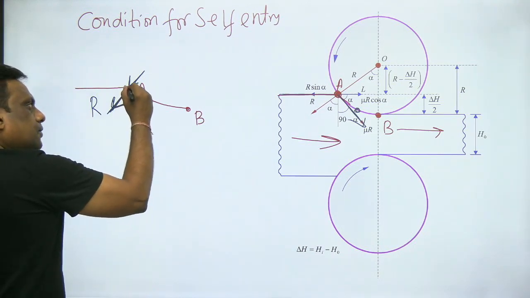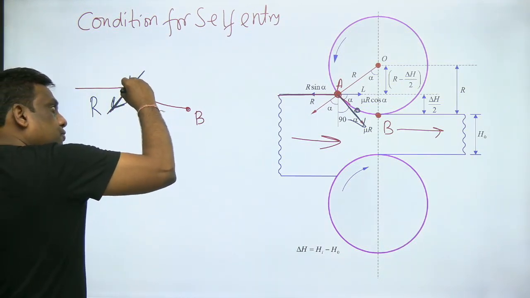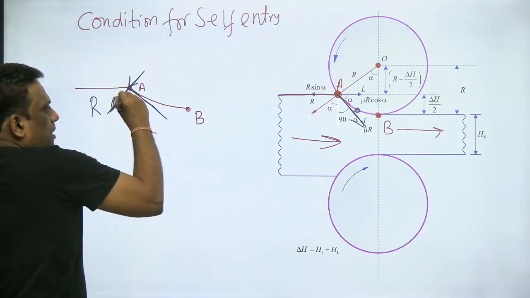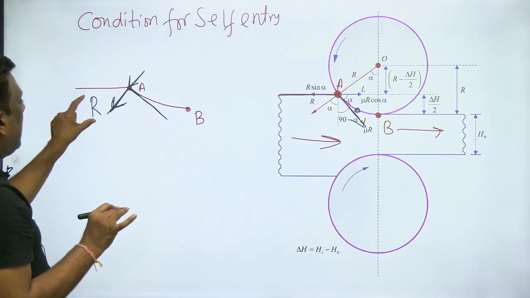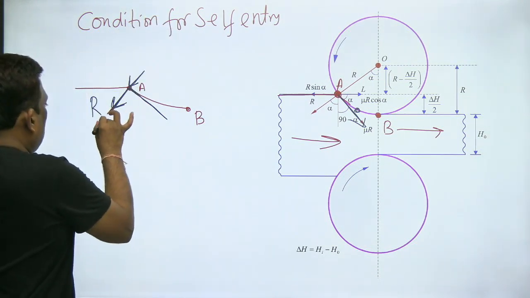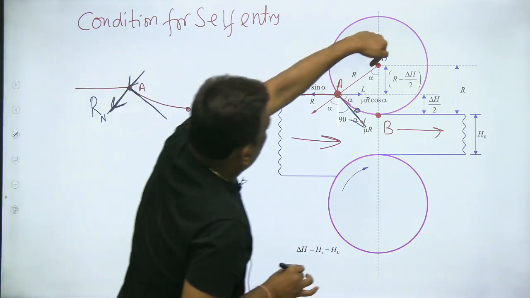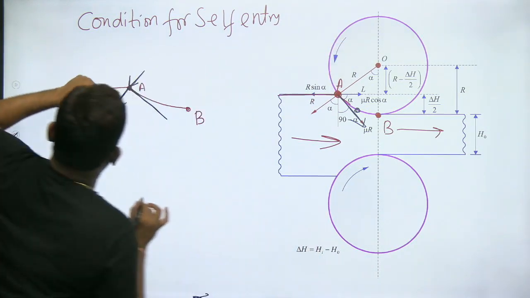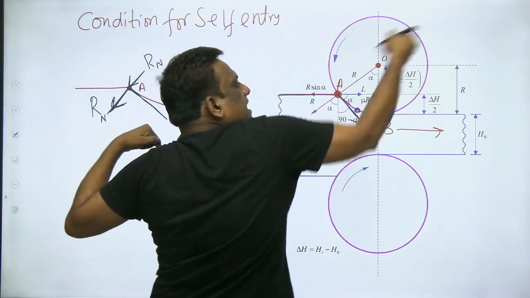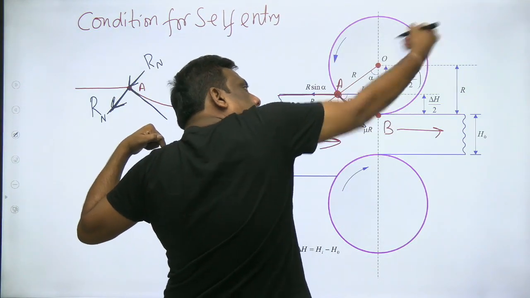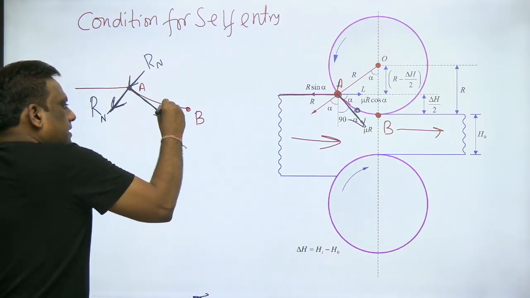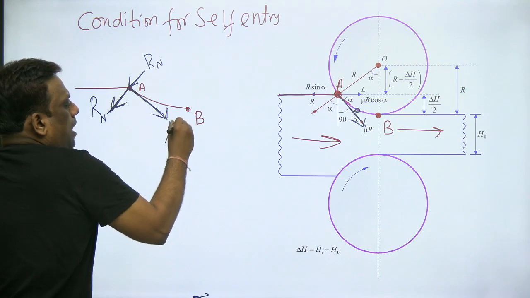तो अगर नॉर्मल रिएक्शन आ रहे हैं तो फ्रिक्शनल फोर्स होगा परपेंडिकुलर इस नॉर्मल रिएक्शन को. परपेंडिकुलर, डोंट गेट कंफ्यूज विद दिस. आर इज नॉट रेडियस, इट इज द नॉर्मल रिएक्शन, सो आई राइट आर एन. चलो कोई बात नहीं, आर एन नॉर्मल रिएक्शन, मतलब ये रोल हमारे वर्क पीस पे एग्जर्ट कर रहा है. दिस आर एन इज the normal force exerted by the roll on my workpiece. Okay, and the frictional force, देखो direction, it is mu into Rn.